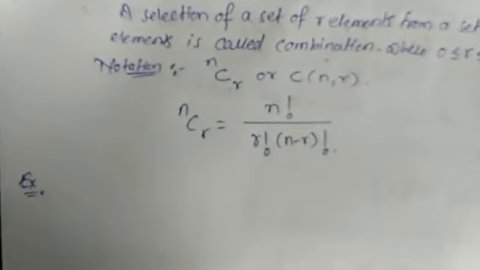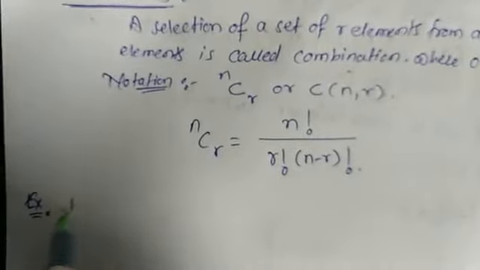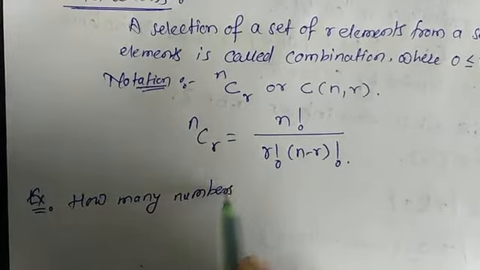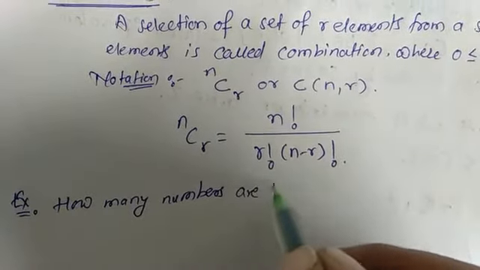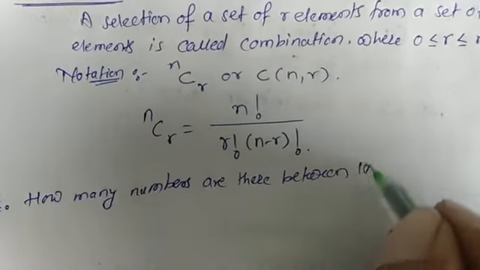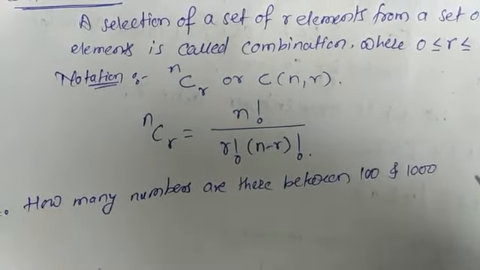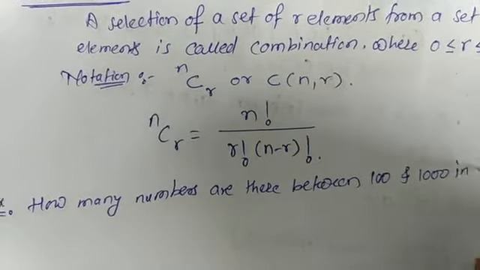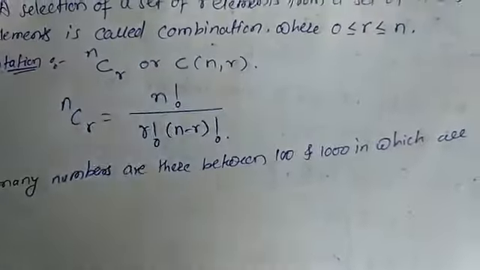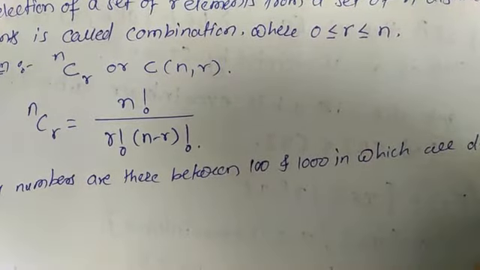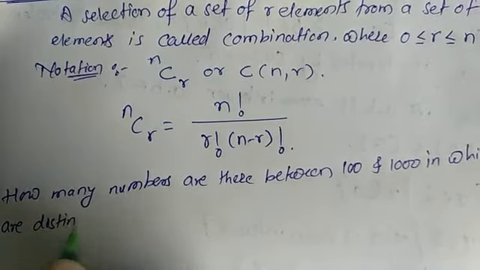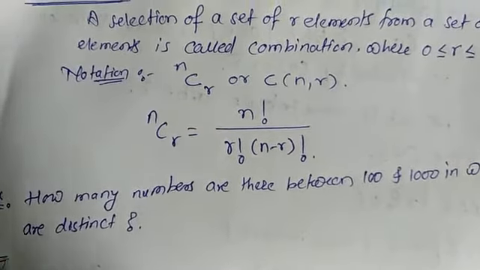Now an example related to combination: how many numbers are there between 100 and 1000 in which all the digits are distinct? Okay, so in the solution,